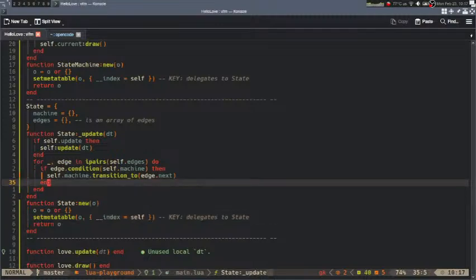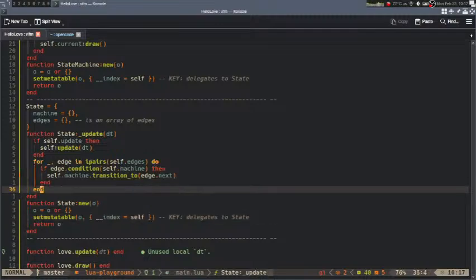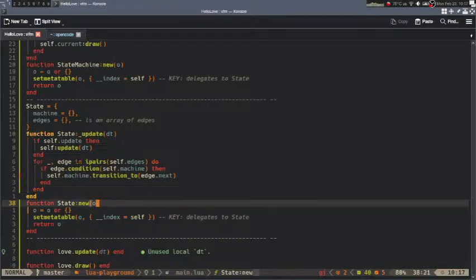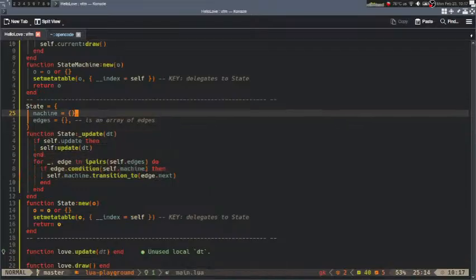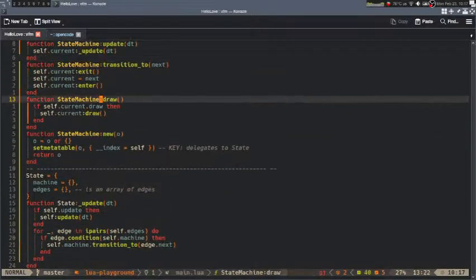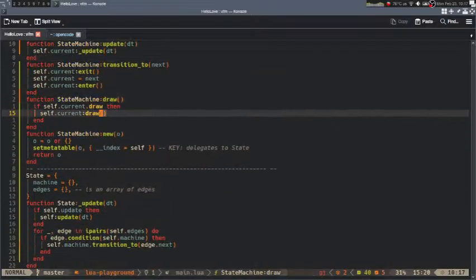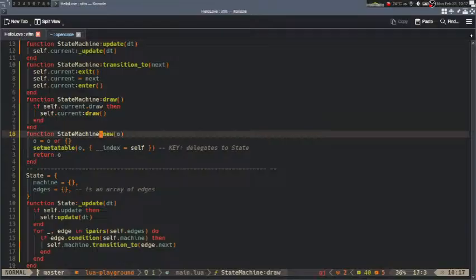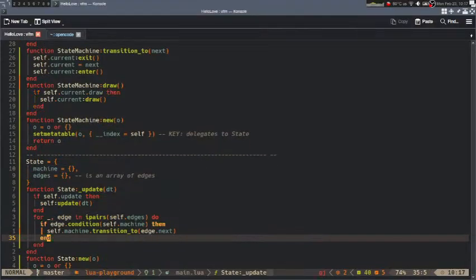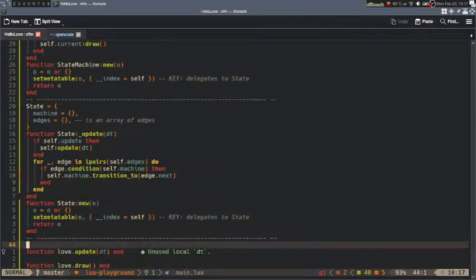So we have if self.update, then self.update. Good. Same thing, right? So we do overload update and we overload drop for the states, right? The main thing that we want to do